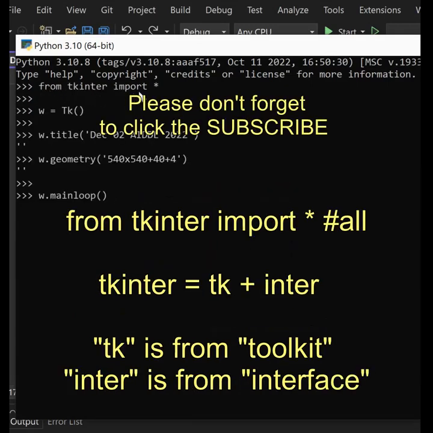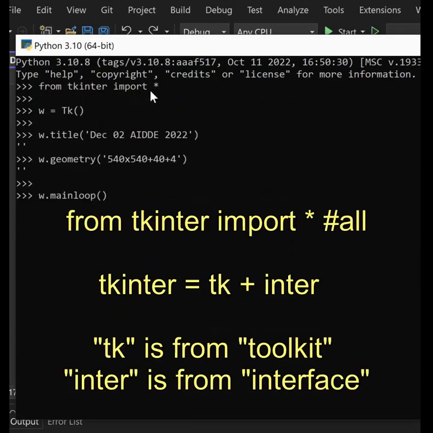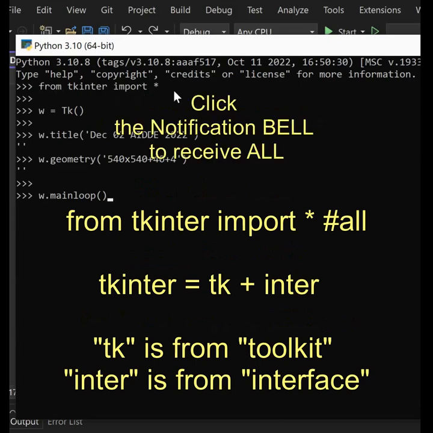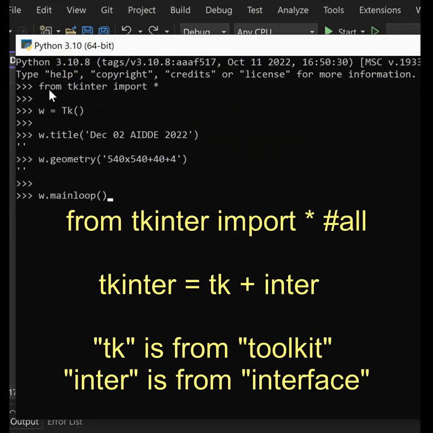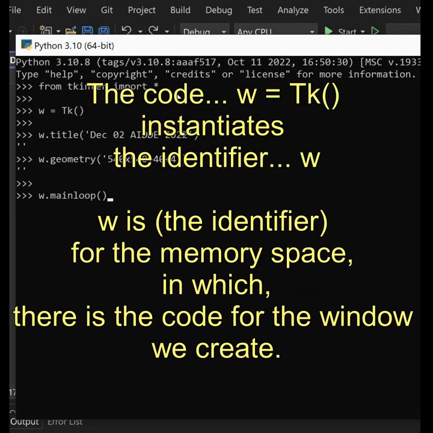From Tkinter import *. Tkinter equals Tk plus inter. Tk is from toolkit. Inter is from interface. w equals Tk. w is the identifier for the memory space in which there is the code for the window